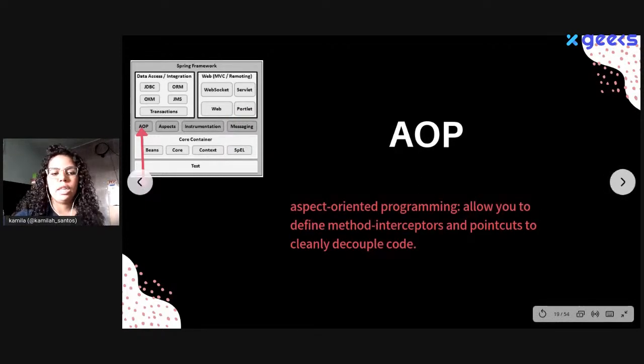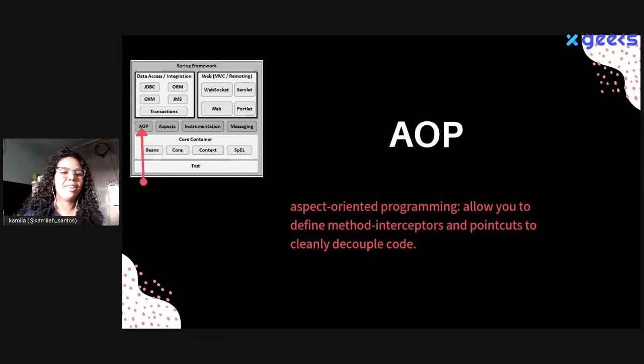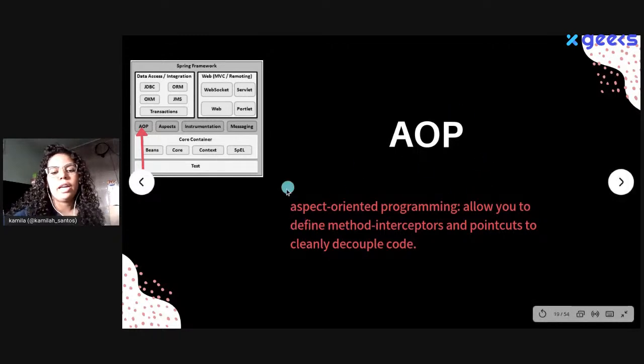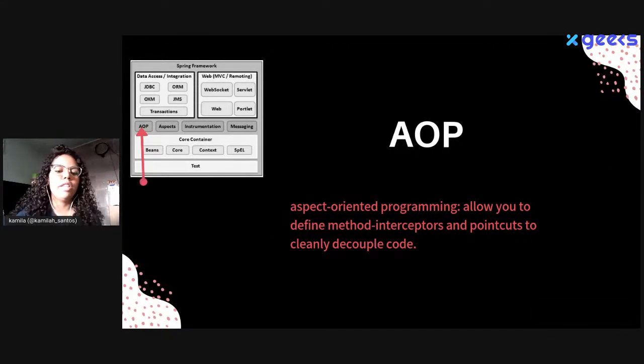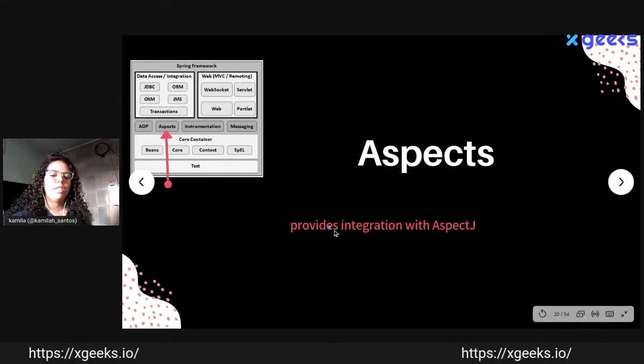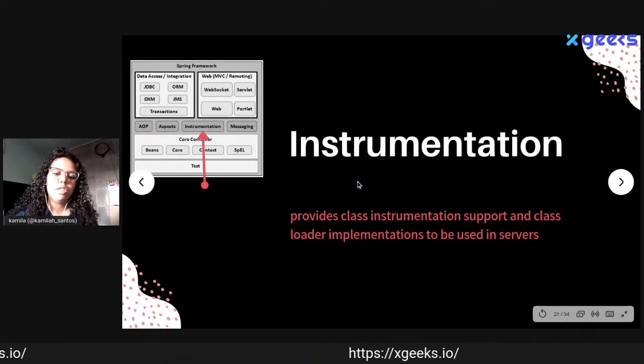And we have some modules that are not part of the containers, but are part of the Spring architecture. AOP is aspect-oriented programming that allows us to define method interceptors and pointcuts to cleanly decouple code. Aspects provides integration with AspectJ.